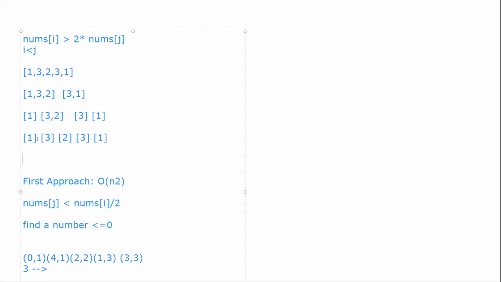You check if the ith pointer will be on 1 and the jth pointer will be on 3. Now you just check whether it satisfies the condition or not. In this case, it won't. So you didn't get a valid pair. So you just merge them in a sorted way, like 1, 3.